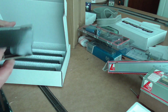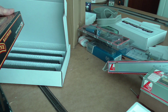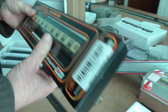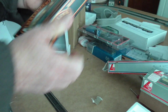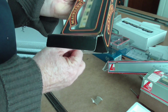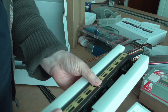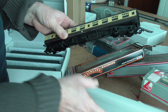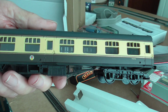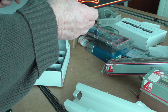Now, we've seen the brake van, the brake coach. We've seen the restaurant car. And we've seen the corridor composite with the first and second. But obviously, you need a lot more second class than you do first class. So, in this box here, if I can get it out, because this layout basically will cope with 4 carriages comfortably. 5 is too long. So, here is just the ordinary second class open, or TSO, I think we would call that in